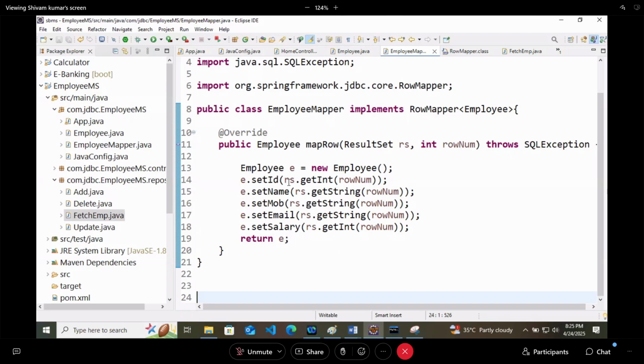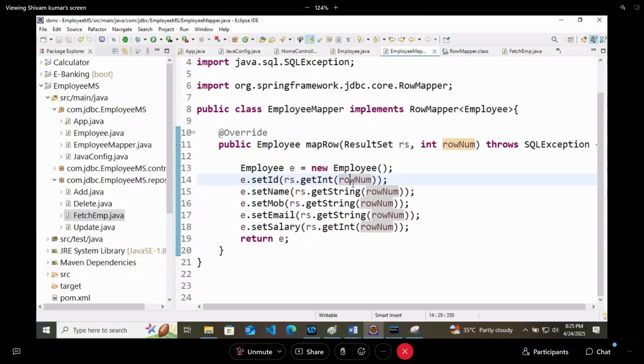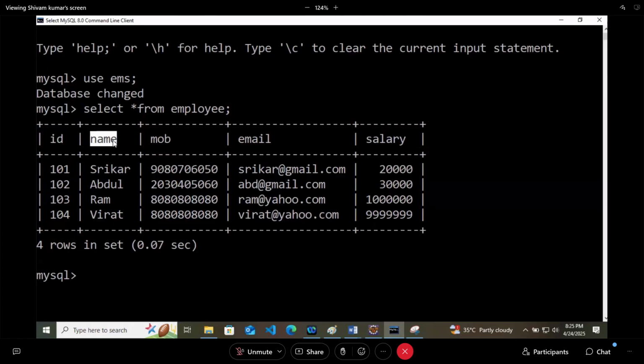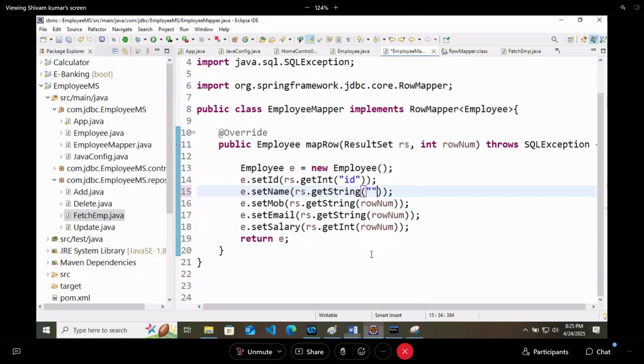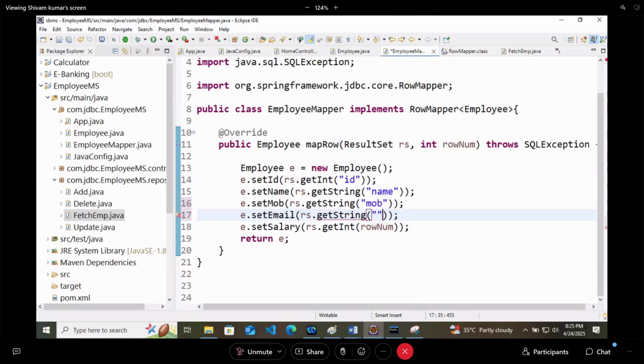Here rs dot get int, you want the int value, but from which column? ID column. So here you have to give the reference of ID. For the second, make sure that you are writing exactly the same name that is available within your database. Third one is mobile, same field names without a single spelling mistake.